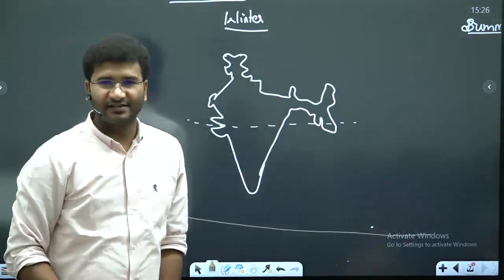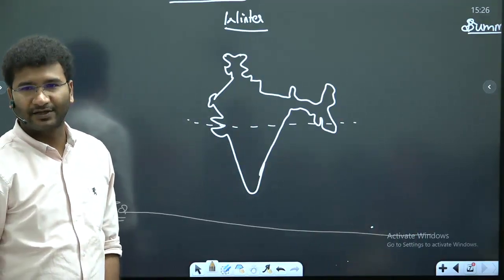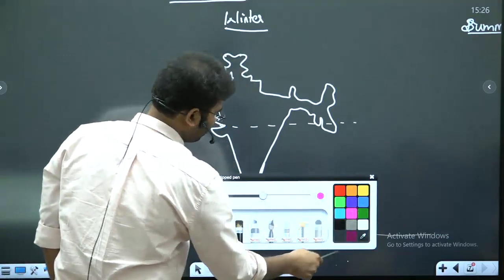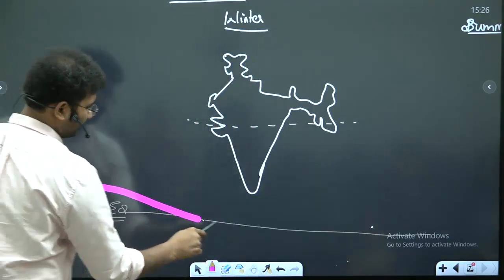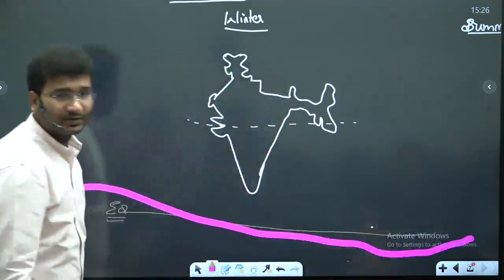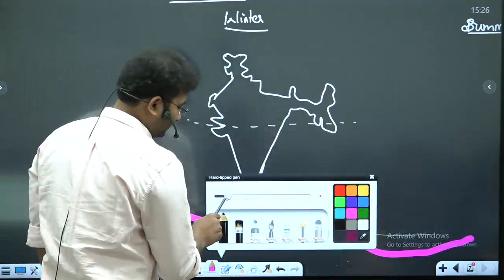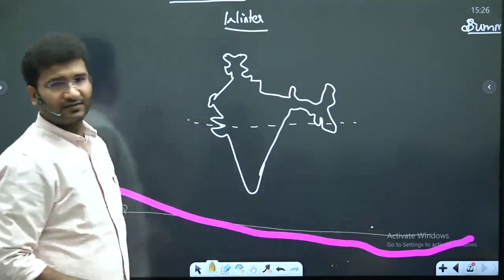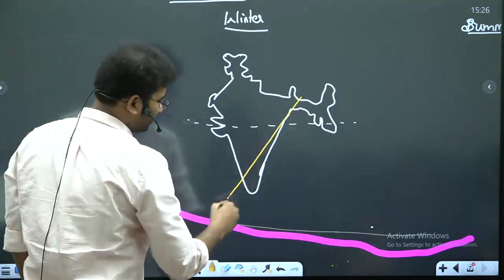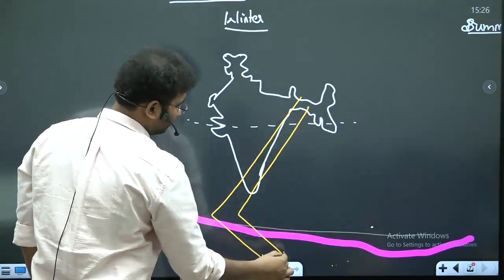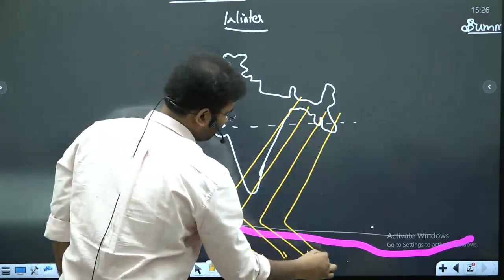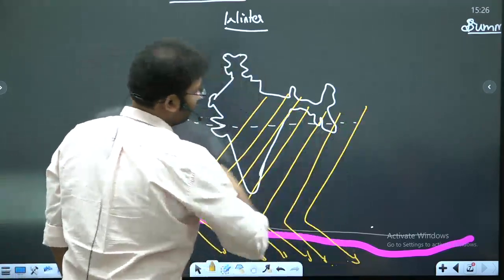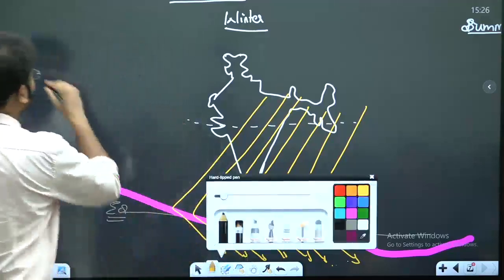Equator. Where is the ITCZ zone in winter? I'll use a different color for ITCZ, that's your pink color. So somewhere here will be the ITCZ zone. The winds that I am drawing here are surface winds. Okay? These are surface winds. That means the northeast monsoons will be active. And what do you mean by monsoon? Monsoon here means